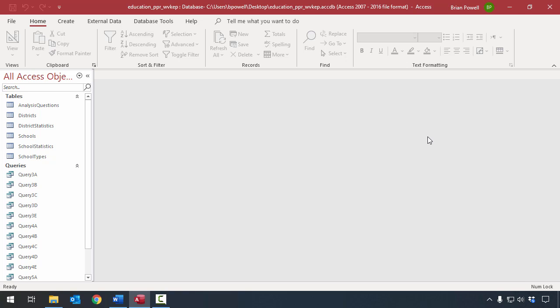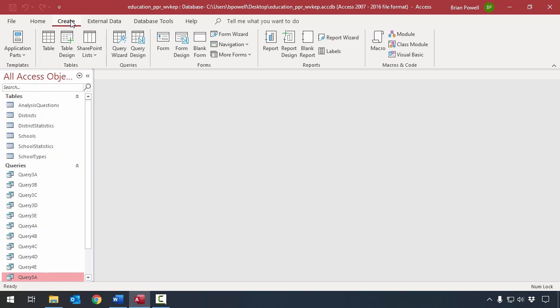To get started, I've downloaded and extracted the provided data files, and I've opened up the starter file here in Access. We can build reports based on tables or queries, and like we saw with forms, there are two major ways that we can build them here on the Create ribbon. There's the Report Tool and the Report Wizard. There's also this Report Design option, but you're normally not going to use that. You'll start off with a Report Tool or Report Wizard created report, and then tweak it.